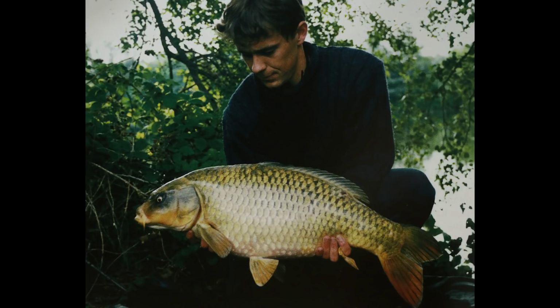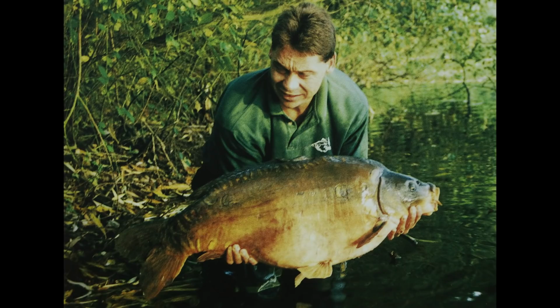On one of them sessions, I think next slide, the late Jeff Pink, with Chunky. He caught that while I was having a social with him. I was on the point on the Split Lake, he's in the curly. And funnily enough, the time and effort people used to put into getting their rods bang on the money, the spot within a spot on the car park lake, hundreds of casts sometimes to get that special drop and donk. I remember sitting there with Jeff, having a laugh, looking out into the dark on the car park,